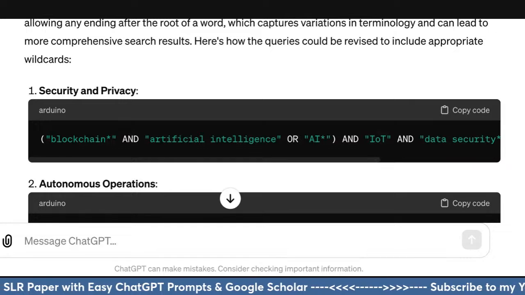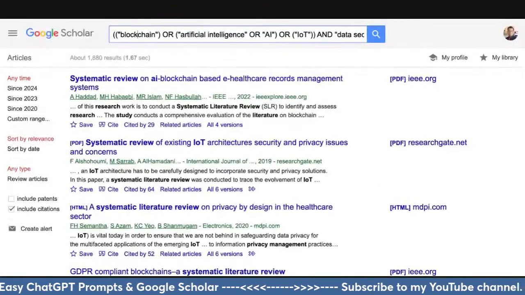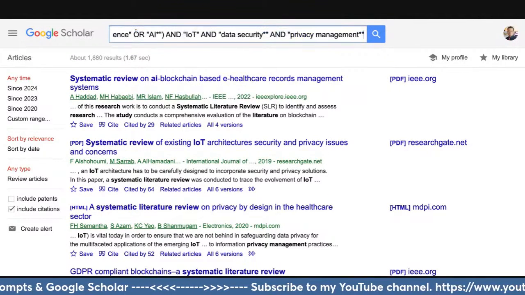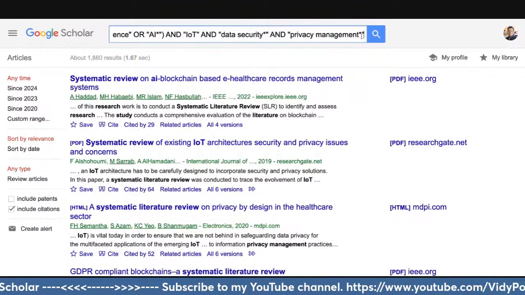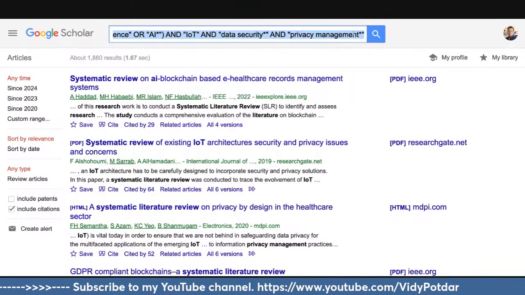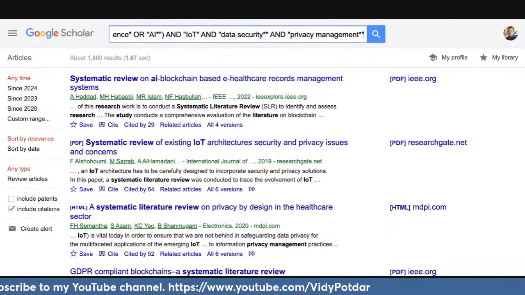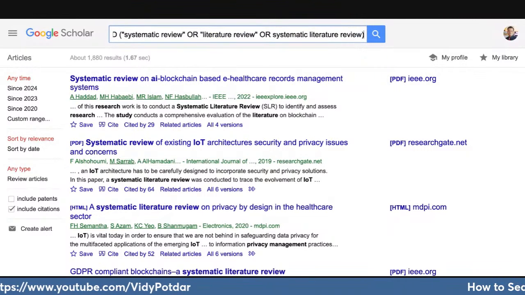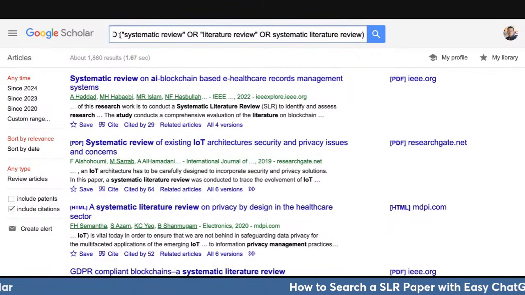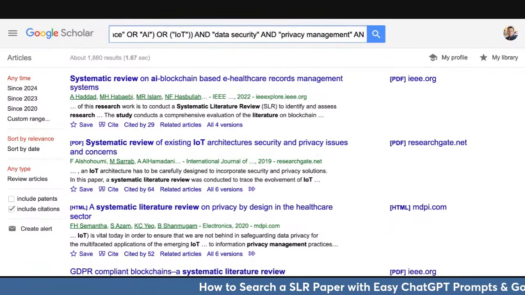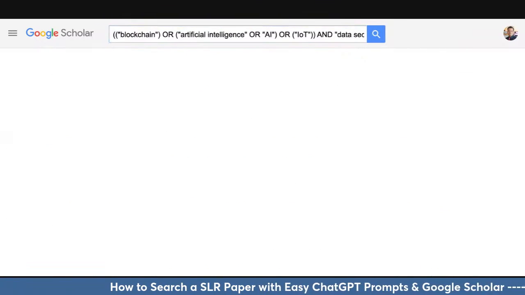So we can go to Google Scholar now again, and here we will search this. What we can do is, the same query that we had, we will just delete the systematic literature review part from the query, so that from here till here, if we delete and remove the "and",